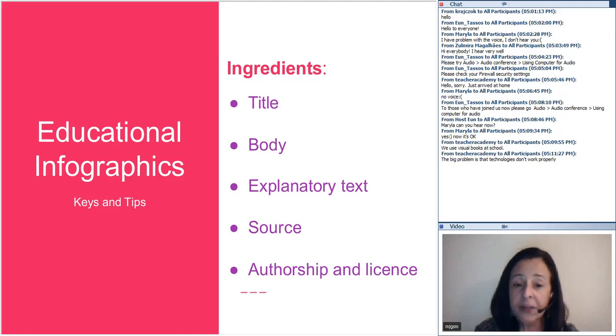Then the second ingredient is the body of the infographic. That's the core of the infographic, okay? So it's the key part of the graphics. It's got to be full of any type and every type of visual information, right? Sometimes text, but most of the times good enough images that allow people to associate what we want to convey